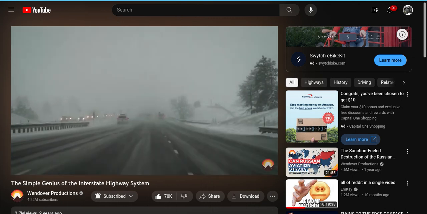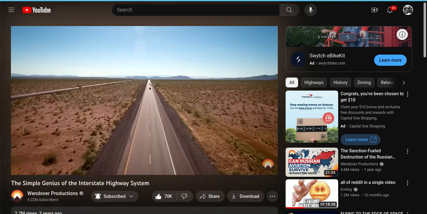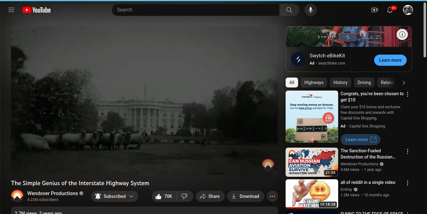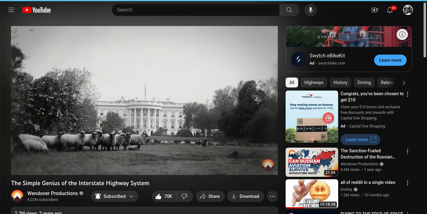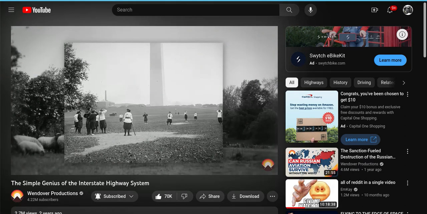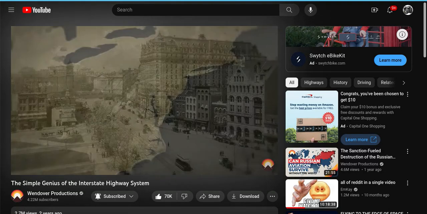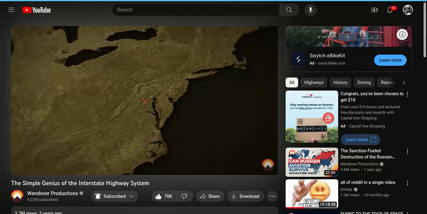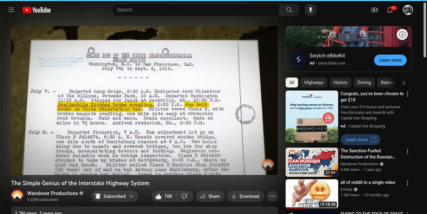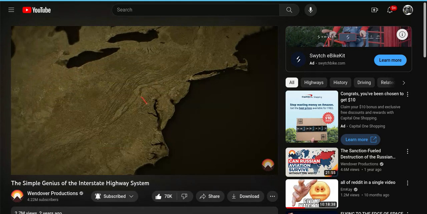reality without the interstates. It's a single collection of roadways with an influence so great that it permeates into every American's life. It all started here 102 years ago. 79 vehicles departed from the White House's ellipse at 11:15 a.m. on July 7th, 1919. They snaked through the district streets before crossing into Maryland and stopping for lunch in Rockville at 12:30 p.m. The coupling on one of their kitchen trailers broke, and a car's fan belt too, but all in all, it was an uneventful 7-hour, 46-mile, 74 kilometer